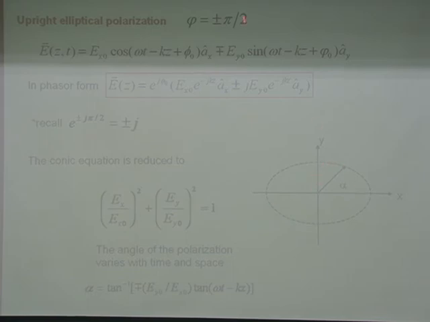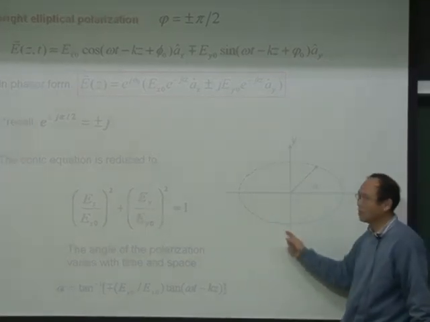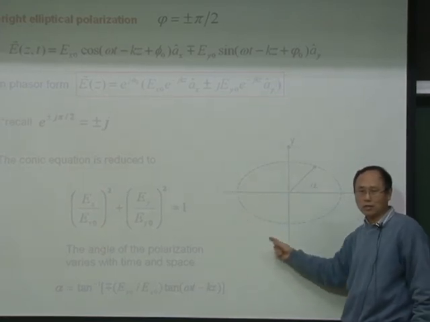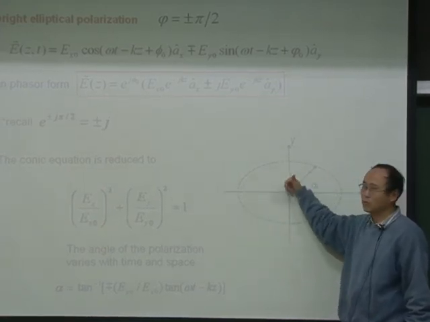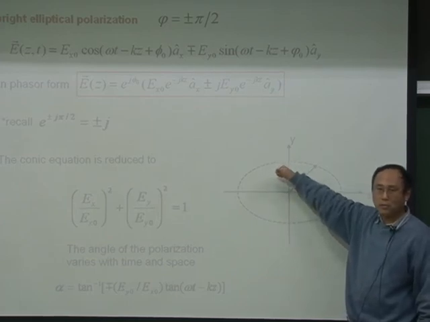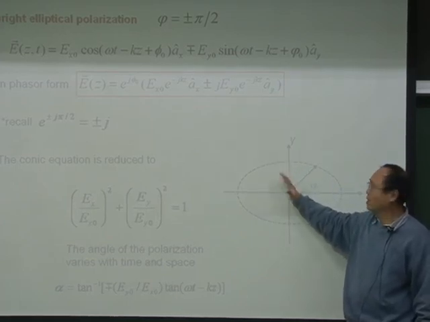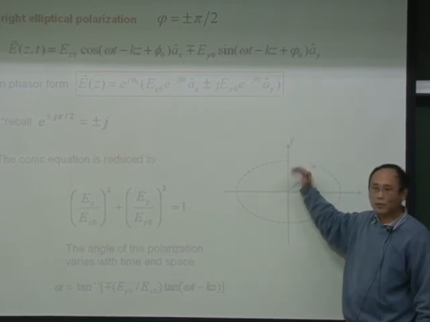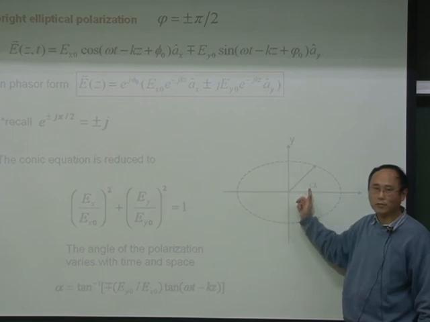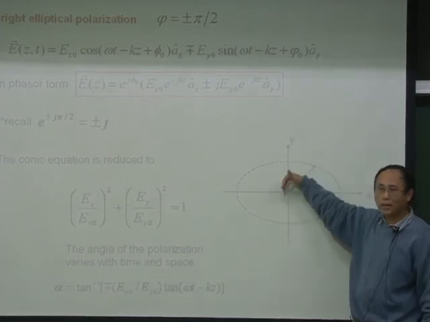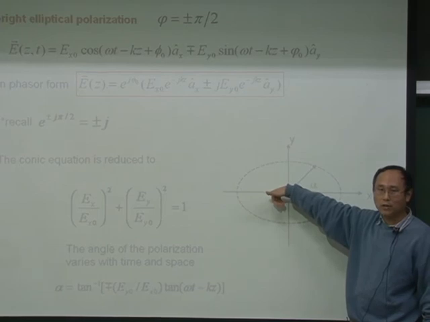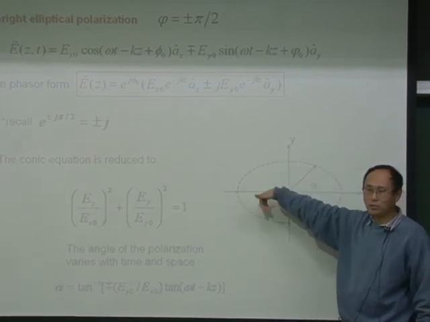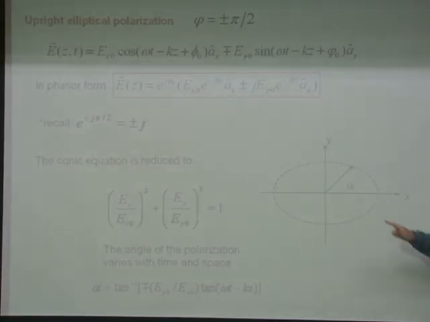So this plus 90 degree, minus 90 degree tells you the sense of the rotation of this tip. So sense of rotation 是由这个正负号来决定的。Okay, and somehow we need to give you a name to tell this kind of rotation. If alpha increase with time, rotate counterclockwise direction, then use your right hand, use your thumb, point to the propagation direction of the wave. Then the four fingers will follow the rotation of alpha. Then we call this right hand rotation, right hand polarized wave. 这是右手偏正。